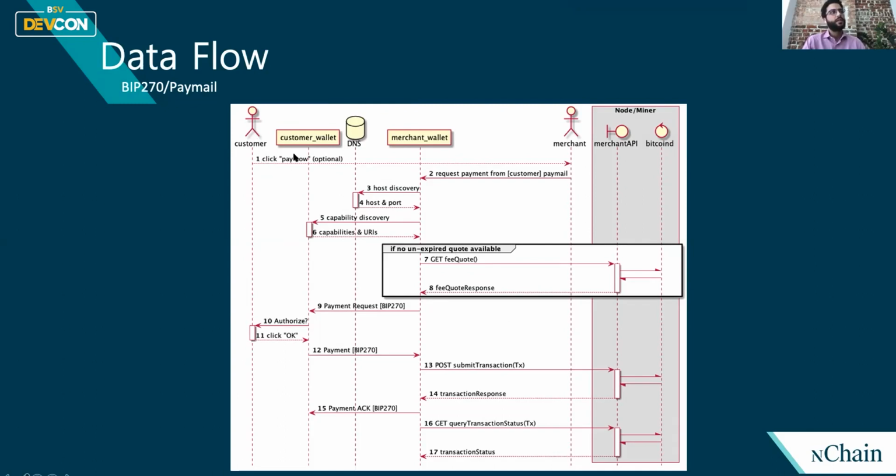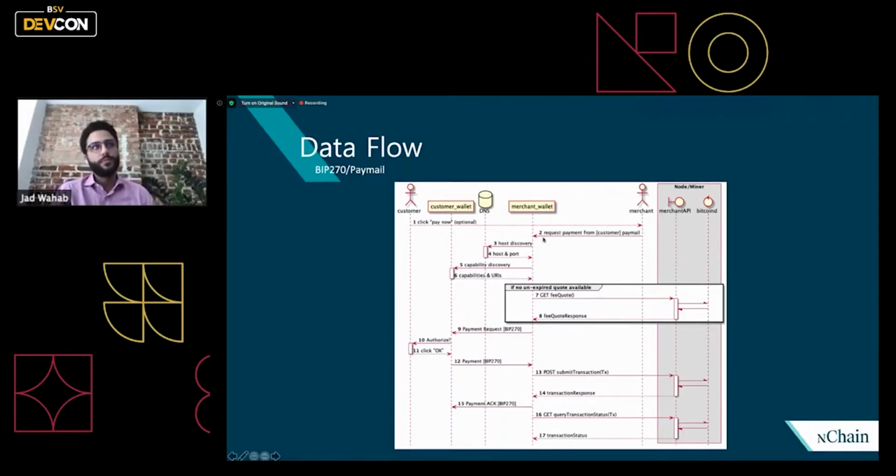The main idea is the customer and the merchant. The customer wants to send money to the merchant. They would click pay now on the website or wherever, and then the merchant would have to request a payment from the customer, and if they're using Paymail, they would request a payment from the Paymail. This is Paymail service discovery, and once they've found out where to pay the customer and what script they need to pay, they would get the fees needed from Mappy, here,